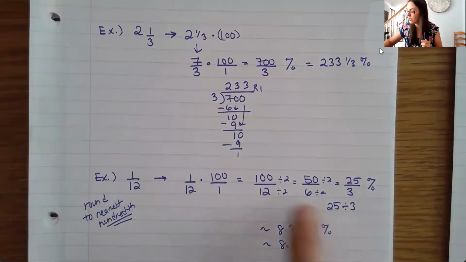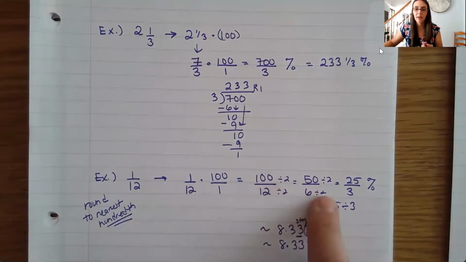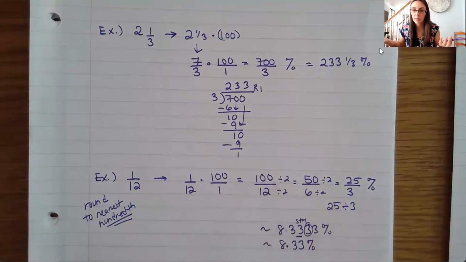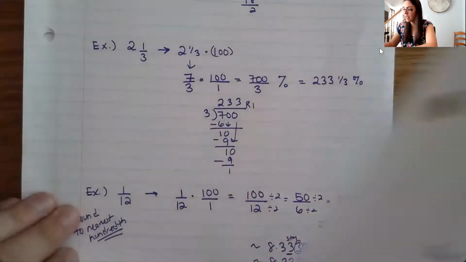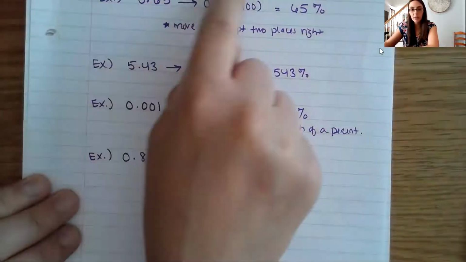If you round too soon, like if I just write this as 8.3, I don't have enough decimal places to round to the hundredth place, right? So do your work, keep it in that fraction form, or just use lots of decimal places and then round at the very end. That way you have enough decimal places to get the most accurate answer that you can. So that's it for going back and forth. So just to kind of recap real quick, if you're going to a percent,